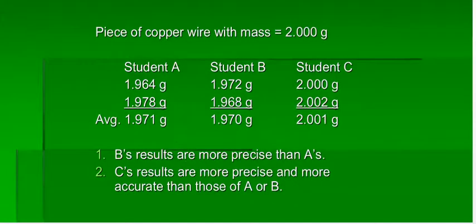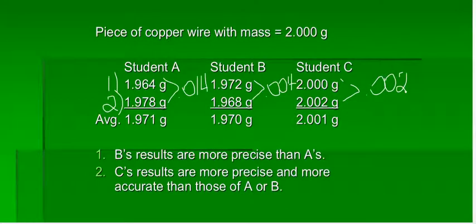So let's look at an example. We have a piece of wire with a mass of 2 grams, and we have 3 students that measure that piece of wire. Student A measures it twice and gets an average of 1.971. Student B does the same, and so does student C. Now, if you look at the results, student A's measurements differ by 0.014 grams. Student B's measurements differ by 0.004 grams, while student C's differ by